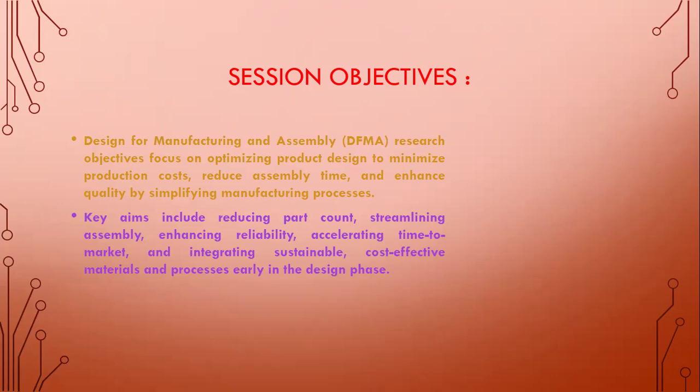The following are some of the key objectives that are highlighted here: reducing the number of part count in both manufacturing as well as the assembly process, streamlining the assembly by simplifying the number of part count, enhancing the reliability